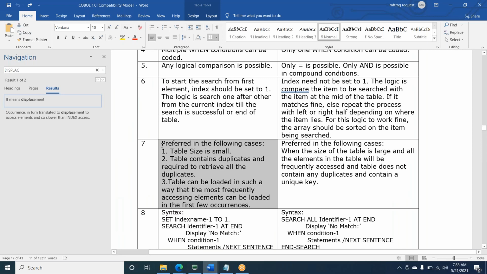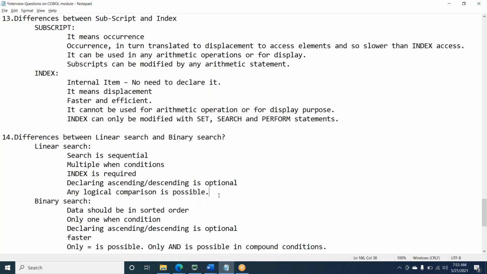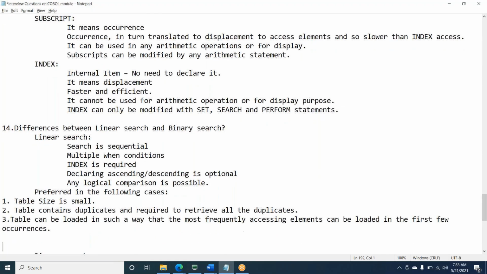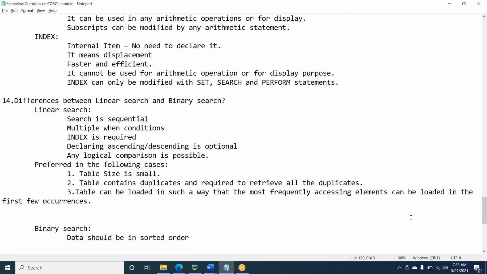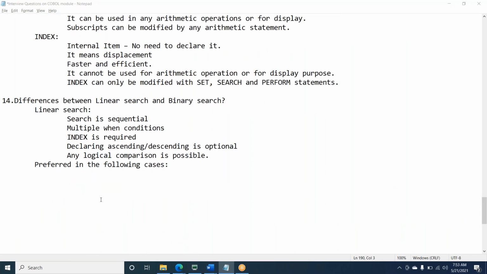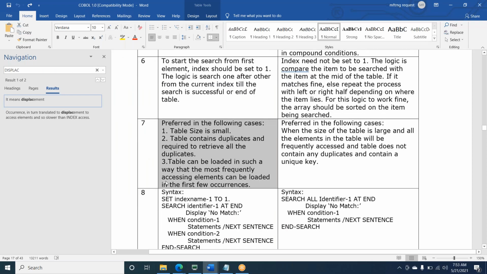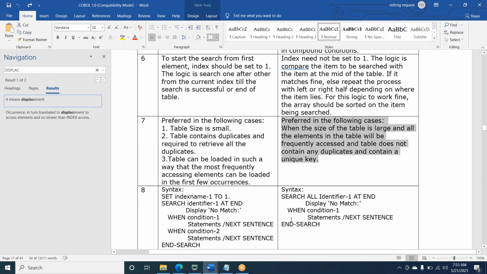I have given the following cases. Linear search is preferred when the table size is small, the table contains duplicates, or the table is loaded in such a way that the most frequently accessed elements are in the first few occurrences.